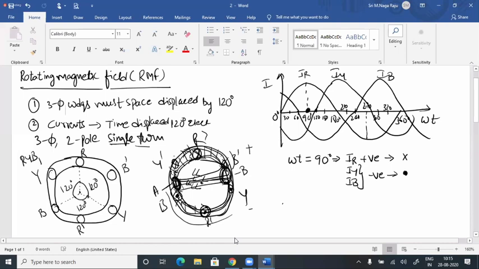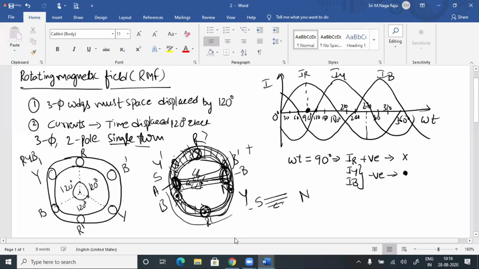Because of the upper conductors and because of the lower conductors, the air gap flux direction is the same, from B to A. So at part A, this metal part is accepting the flux, and metal part B is radiating the flux. So which part acts as north pole, and which part acts as south pole? B is north, A is south. Okay, so this is north pole B, A is south pole.